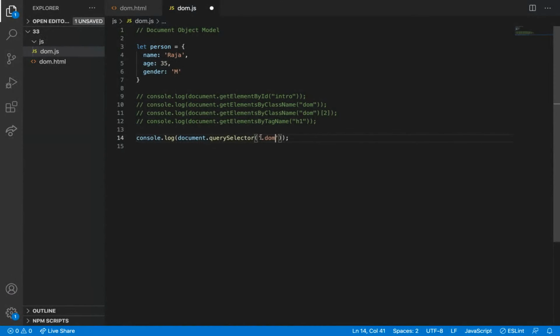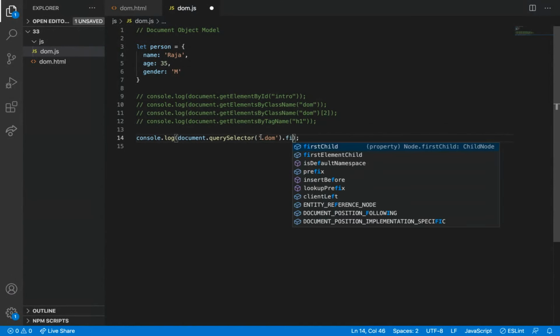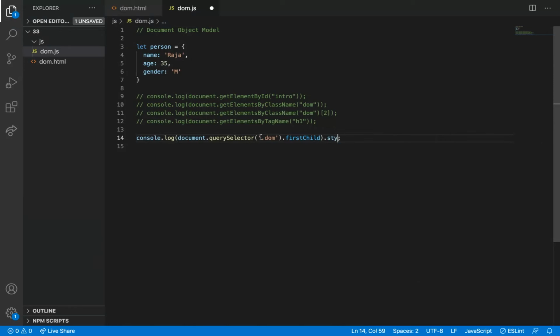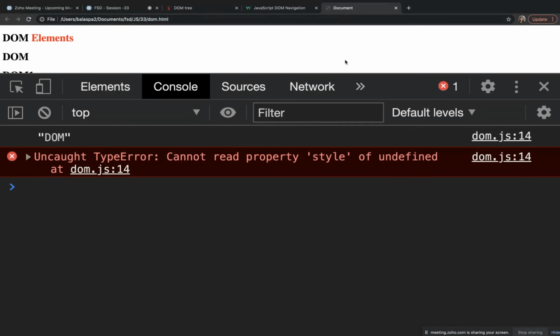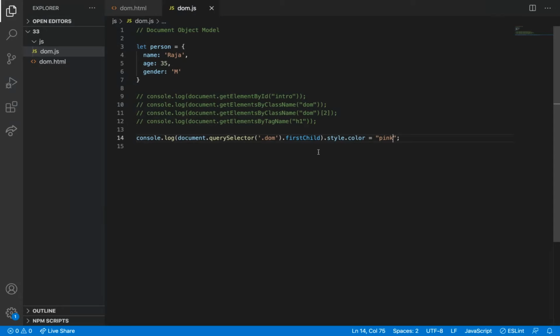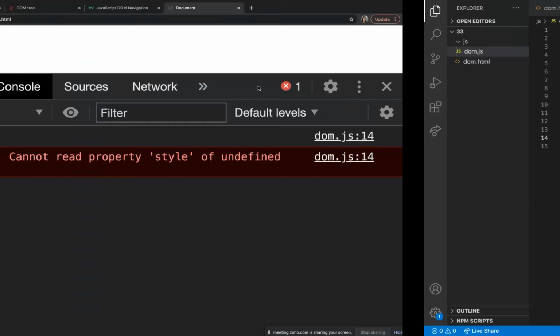DOM dot first child. We know we can change the style, right? We already know. I think style dot color equal to. I'm not sure it will work. Right? My syntax is correct. Child of undefined. First child DOM dot first child.